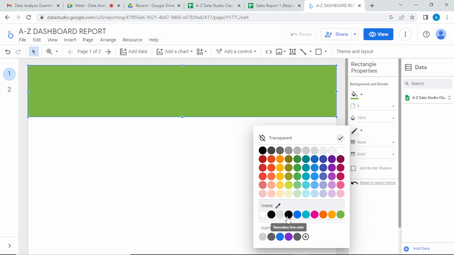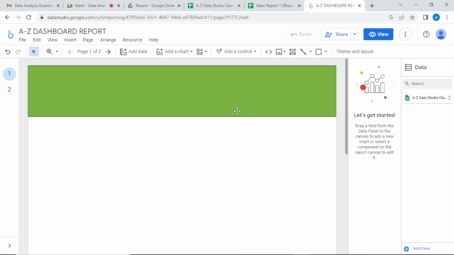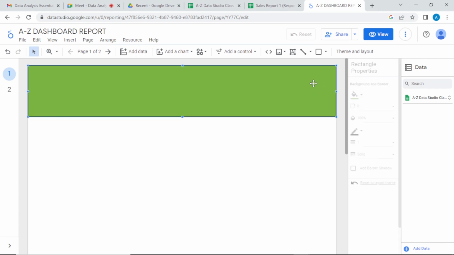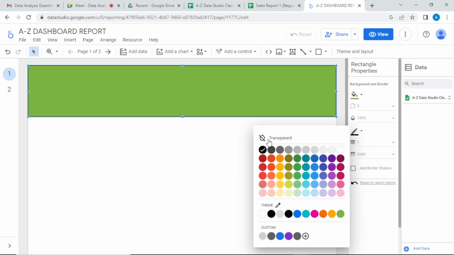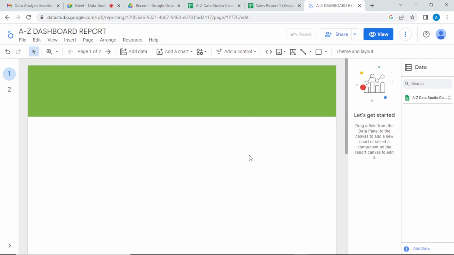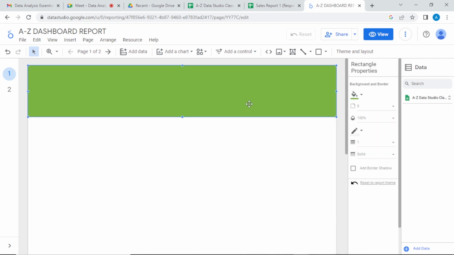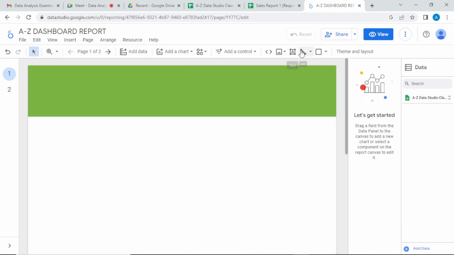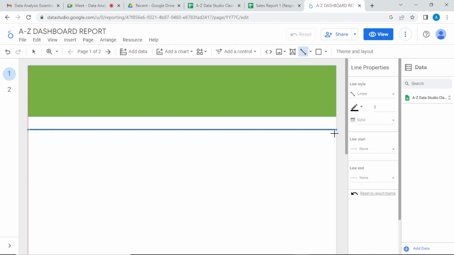we don't have border color, but if I give it border color, you will see we now have the edge. Now the outline is now black, but I don't want it. Just have to click it back and remove it. Now this is the first step. I might want to add a line just for demarcation. I click on the line button, then I drag,